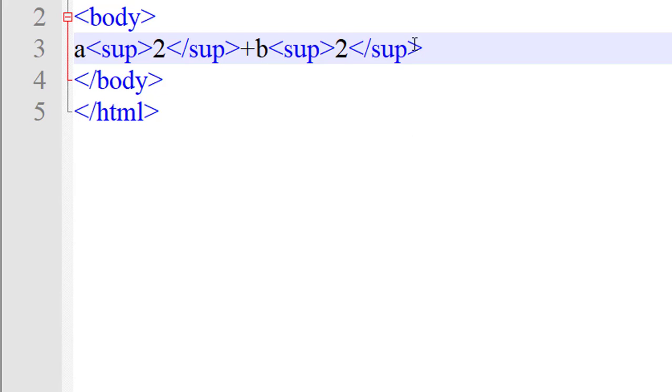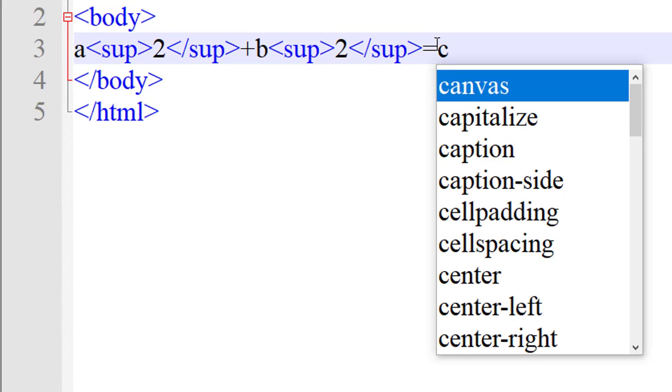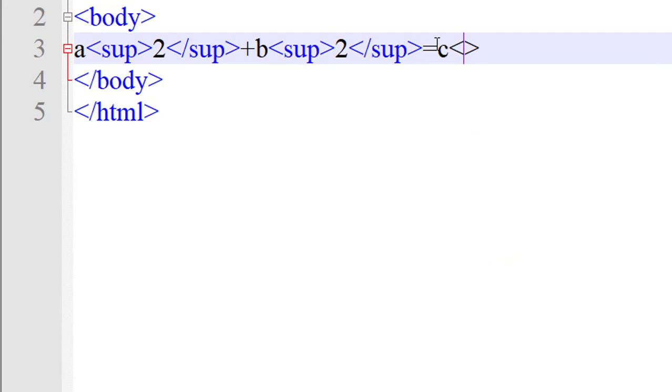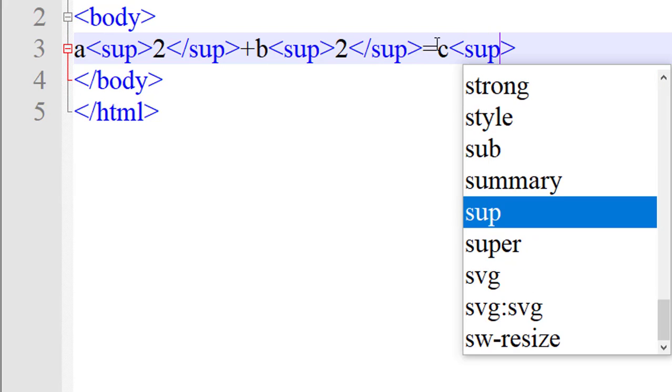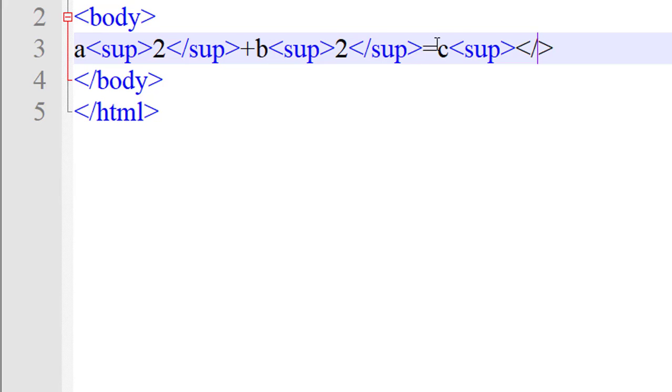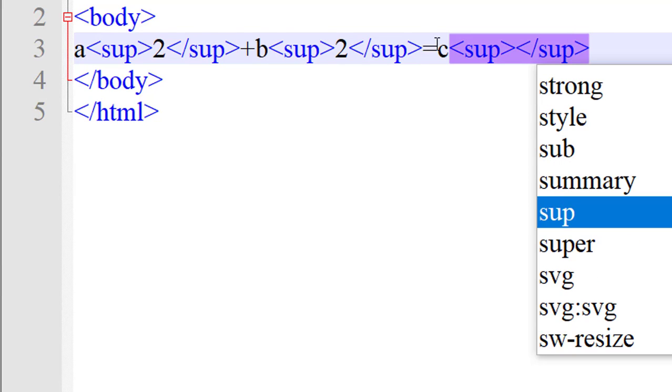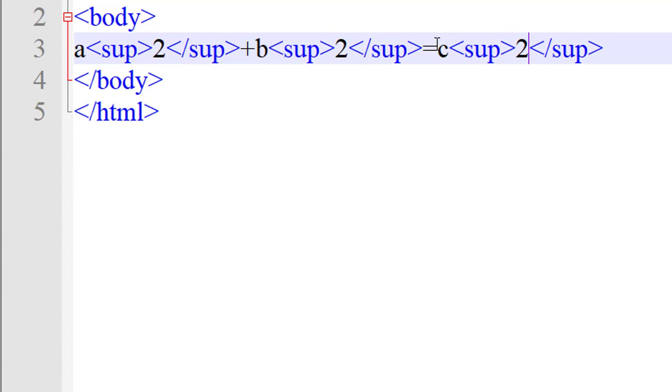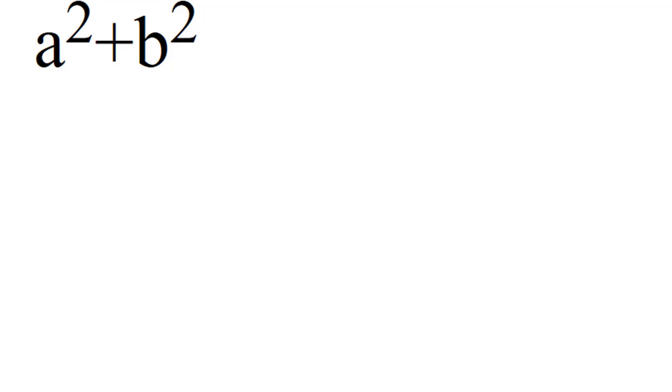For that I will write equal to c, again superscript and backslash superscript, in that 2. Just save this and again run this, equal to c square. Okay, this one is a superscript.